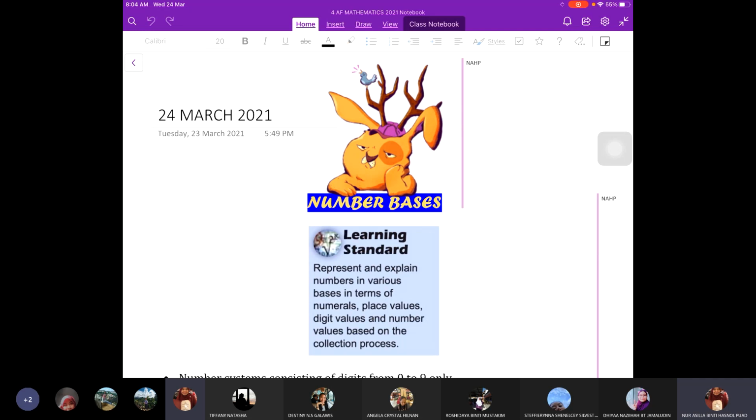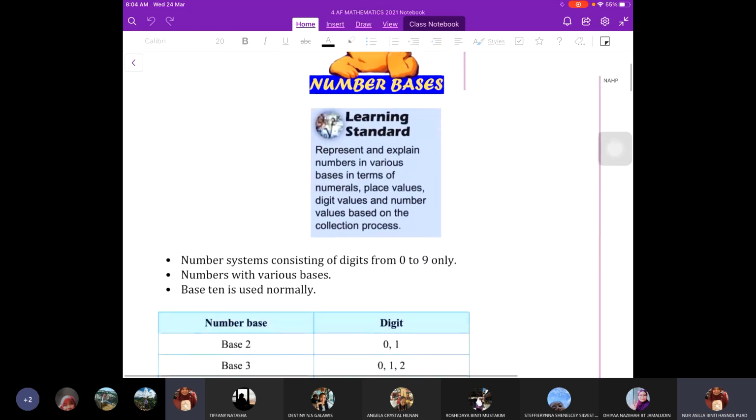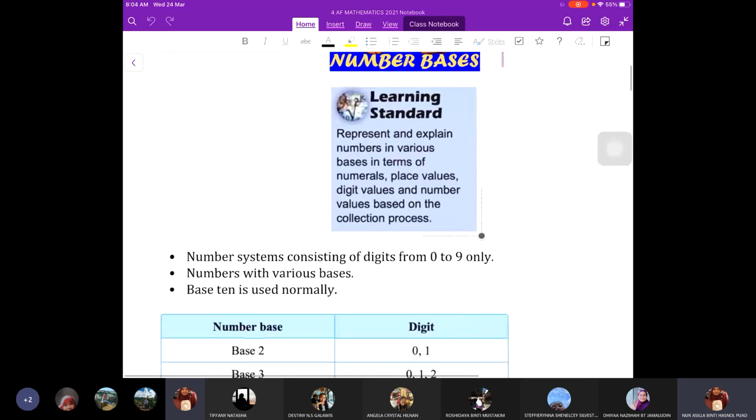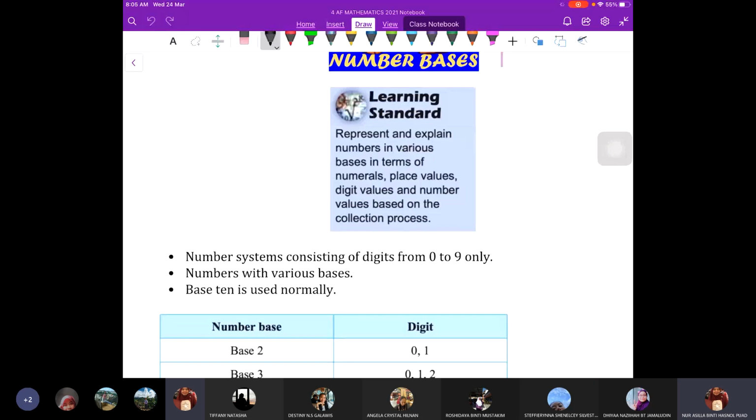Okay, so the first learning standard for today, alright, is to represent and explain numbers in various bases. Okay, kita nak represent, nak tulis, and then kita nak explain numbers ini in various bases. Nanti kita tengok apa maksud various bases in terms of